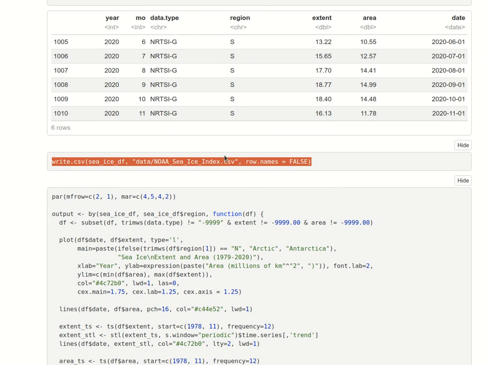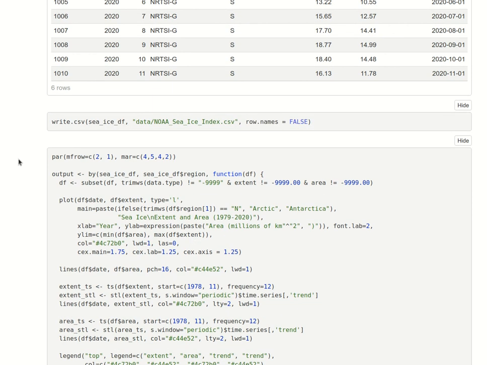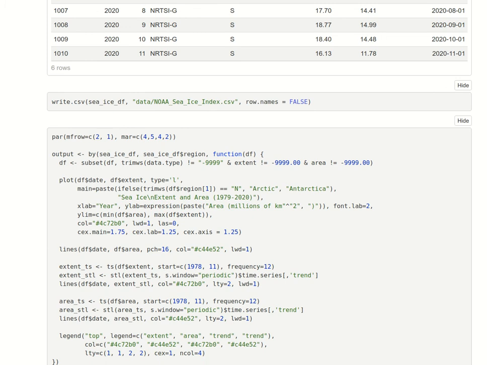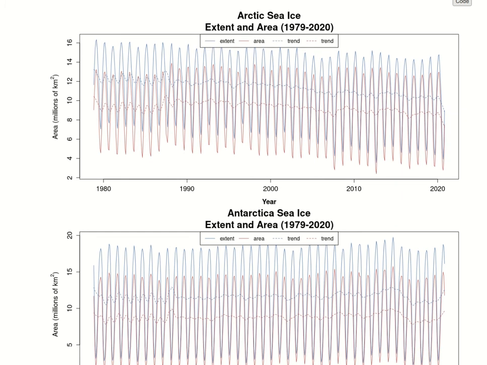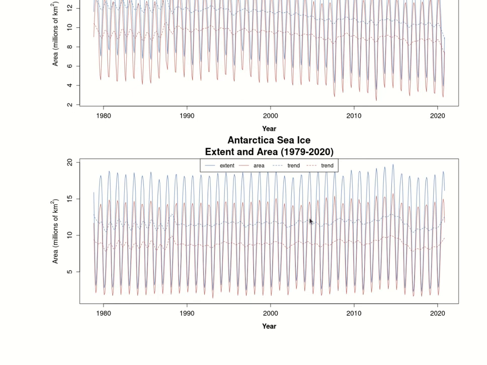And then we can export a single data frame altogether. And then finally, now that we have a singular data frame, we can even return back and run a graphing solution showing both Arctic and Antarctica sea ice extent, seeing how they trend across time. Now that we have all our data points together, we can look at the monthly trend. Obviously, we have a lot of cyclical activity due to the seasonality of this data, but we can also run a seasonal decomposition to see comparative trends across time. And we see that noticeable decrease, at least in the Arctic,